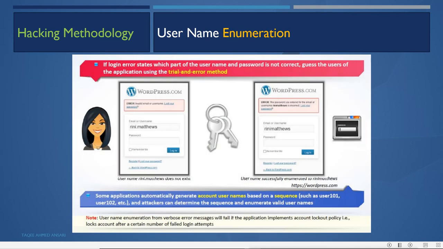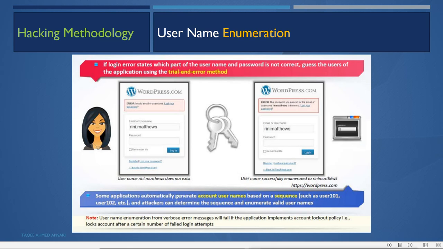Username enumeration: if the login error states which part of the username and password is not correct, the attacker can guess the users of the application using trial and error. For example, the attacker will try random names.